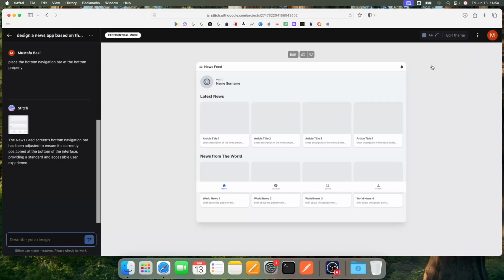That wraps up our walkthrough of Google's new AI design tool. As you saw, it can be a game changer, especially for backend developers or solo developers who struggle with UI design. From generating multi-page app interfaces to customizing them with simple prompts, and even exporting to Figma or HTML, it offers powerful features that can save time and money. While the experimental mode still needs improvement, it's exciting to see where this technology is heading.